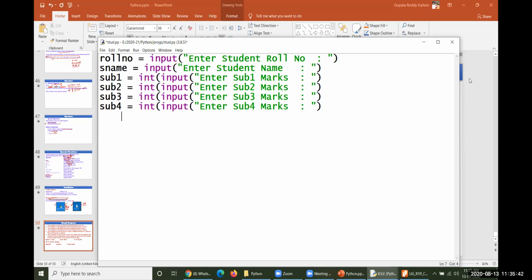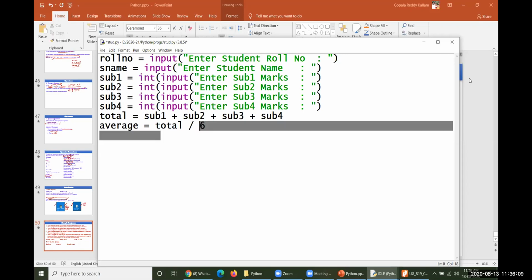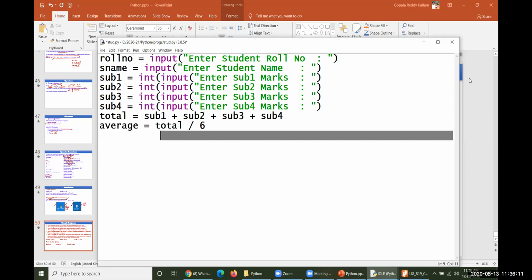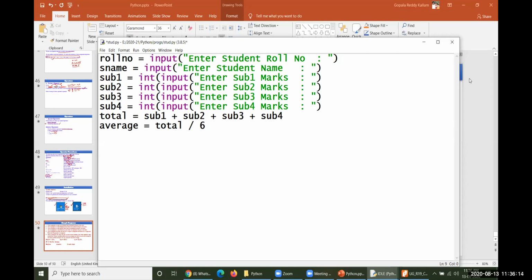After taking this, what exactly are we trying to do? Total will be equal to SUB1 plus SUB2 plus SUB3 plus SUB4. Okay. And then average equal to TOTAL divided by 6. Okay. Then you have to print the total marks here. So therefore, print